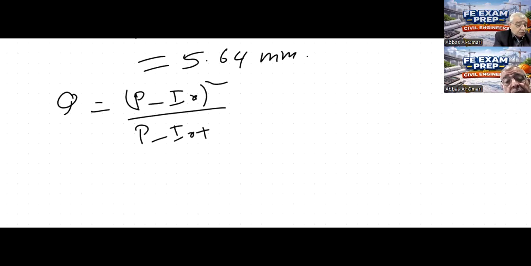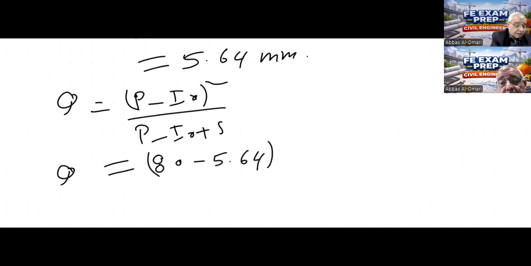So this is the formula for determining the direct runoff. So we have the precipitation is given 80 millimeter minus initial abstraction, which we calculated in the previous step, which is 5.64 millimeter, squared,